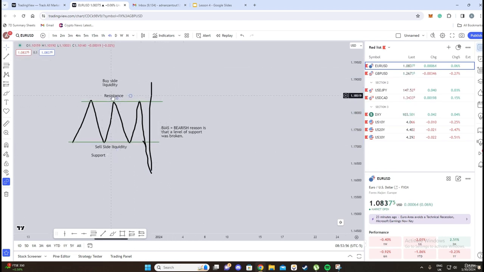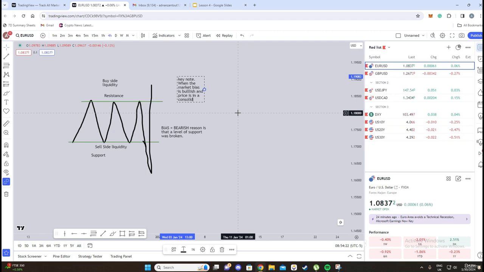This is the support, this is the resistance, and as you can see, this is how the market brings liquidity in the marketplace, and this is how the support and resistance works. And this is a keynote for you guys. Keynote. When the market's bias is bullish and price is in consolidation, what you would typically see is